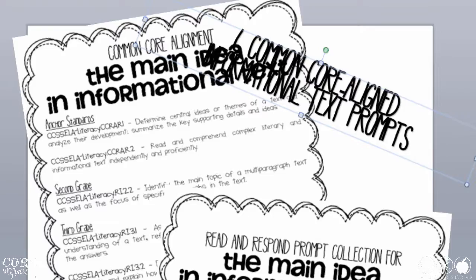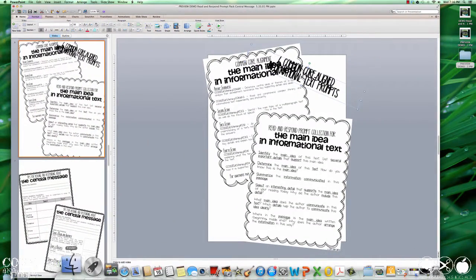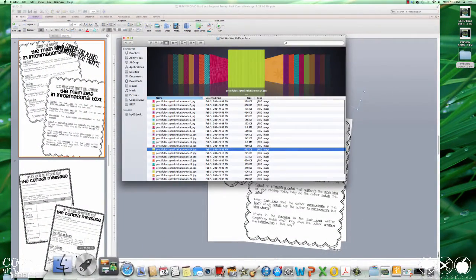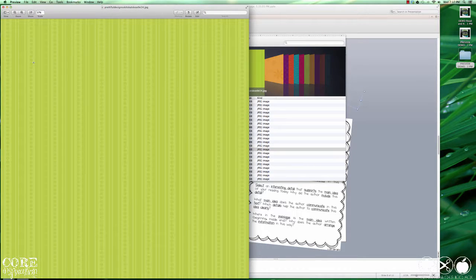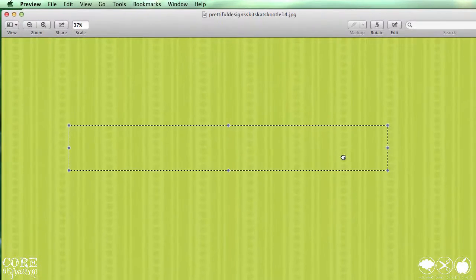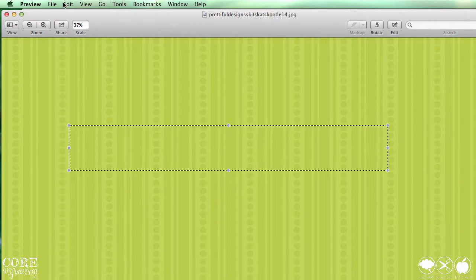I like to make my captions pop a bit by layering them on top of a clip of digital scrapbook paper. To do so, I'll open up one of these papers, drag the cursor across a section of the paper, and release. Then I'll click Copy,